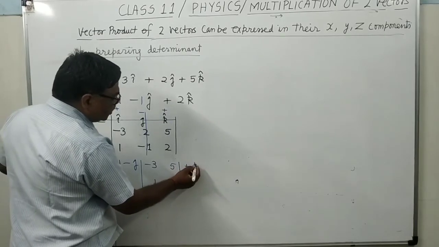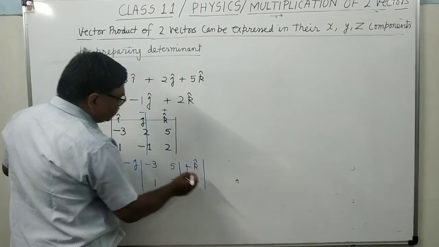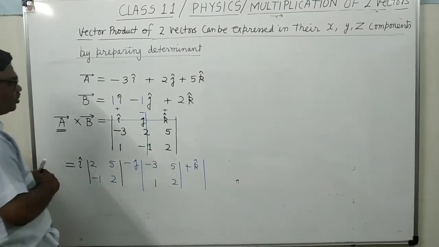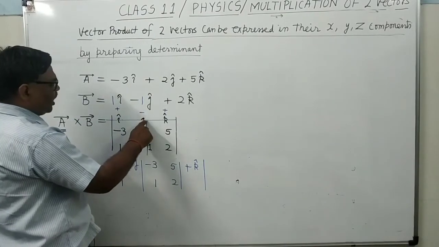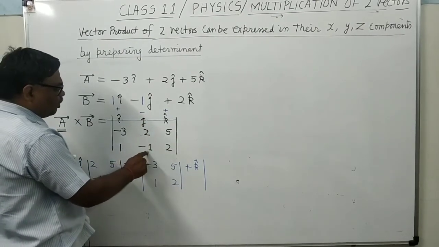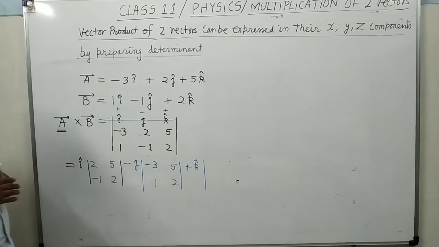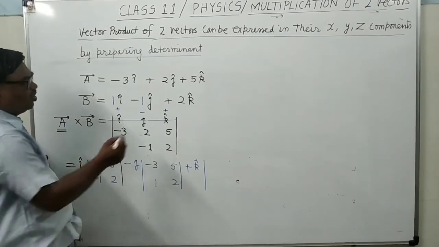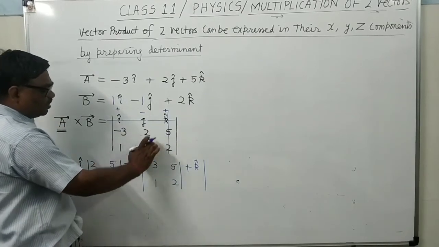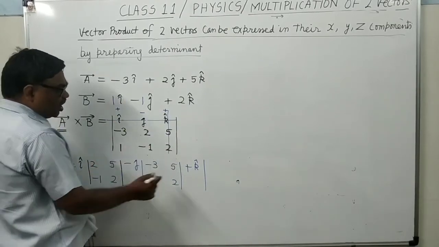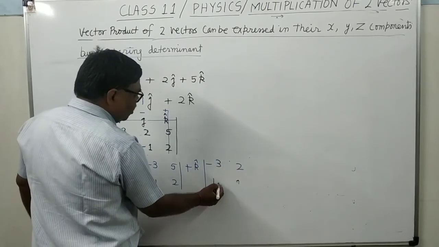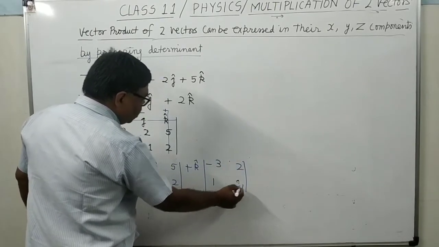Then plus k. In the same way you will determine for k. So you remove these lines; actually we will not draw them. I am just drawing them for explaining. You will do it mentally. It is clear. So you draw a line here, and only this is the uncut portion: minus 3, 2, 1, minus 1.